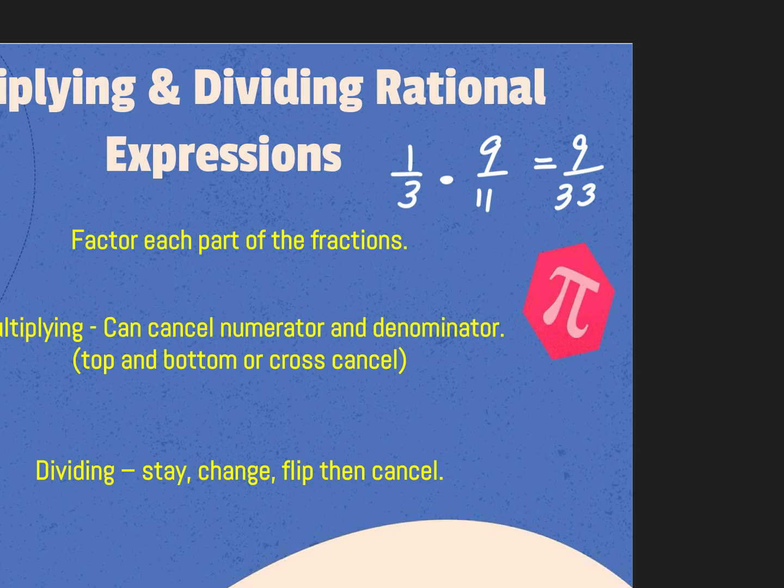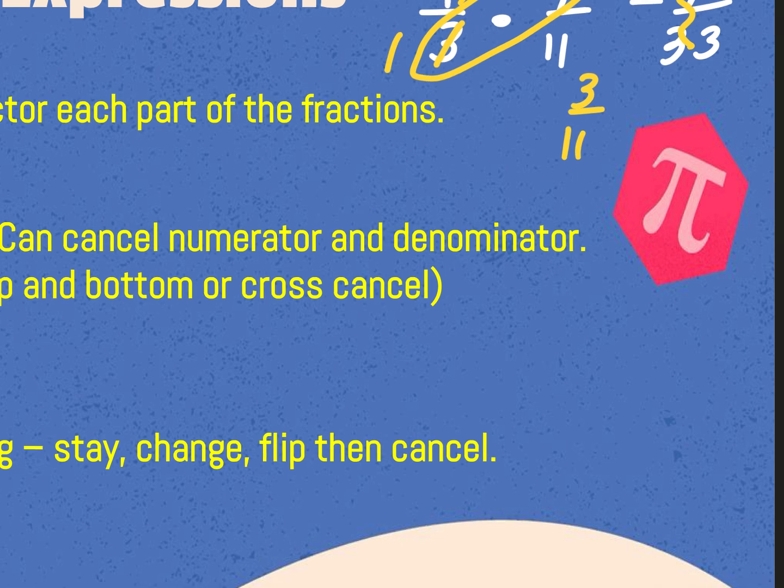Or we can do what's called cross-canceling, where you cross-cancel inside. I notice that 3 and 9 cross-cancel, don't they? 3 goes into 3 how many times? Once. 3 goes into 9 3 times. Then you're left with 3/11. Everybody with me? Okay, so if you guys have an expression like this,